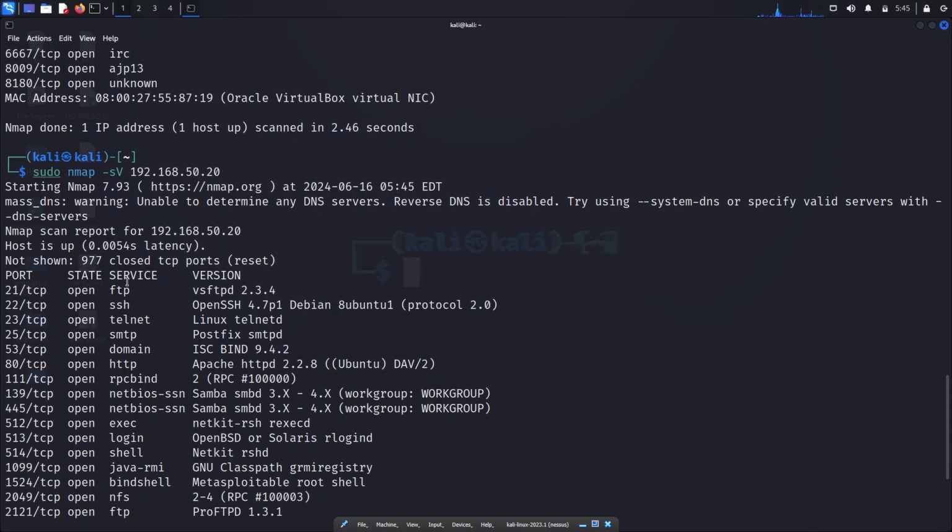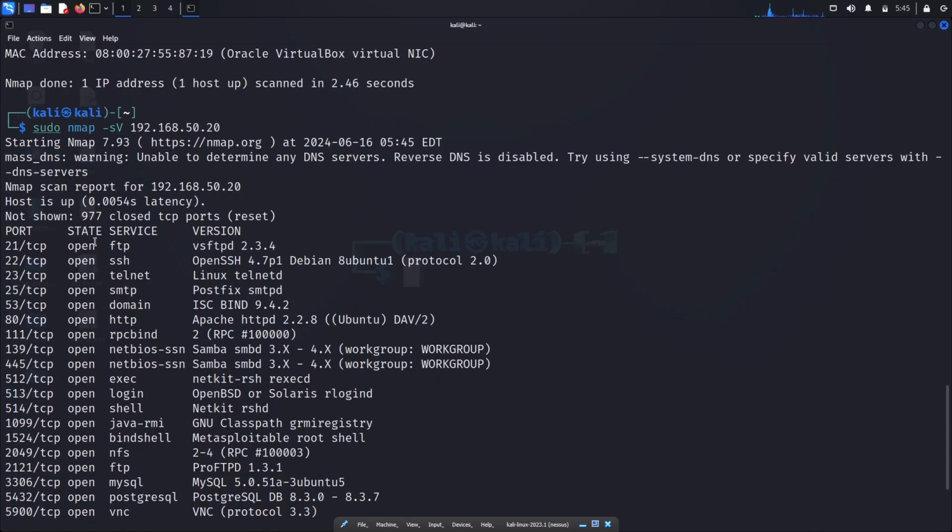There are 3 options when it comes to the state of these ports. We have open, we have closed, and we have filtered. Whenever you see filtered, it means it has a firewall behind it, or there's a security protocol in place to